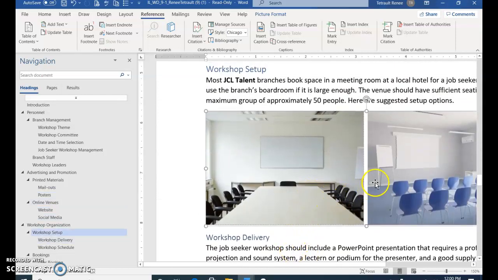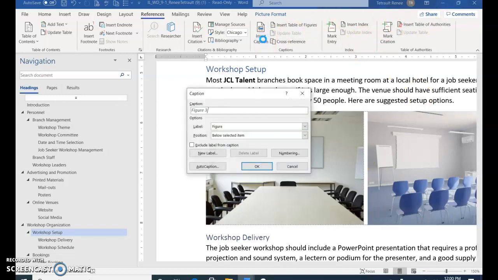So select the 2 conference rooms, and we'll choose Insert Caption, and then we'll type a colon, space, and this is 2 workshop setup